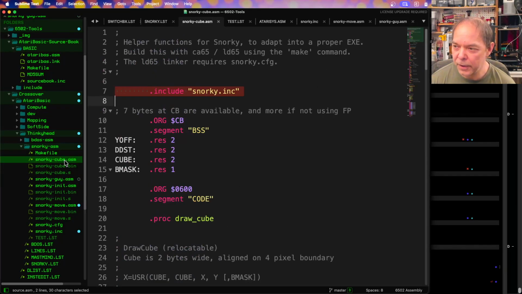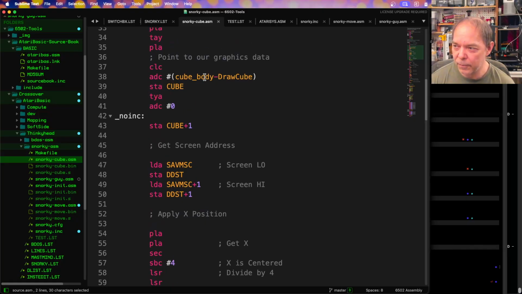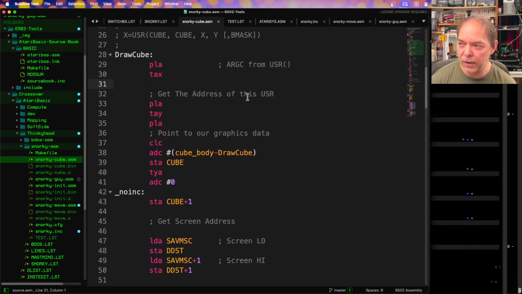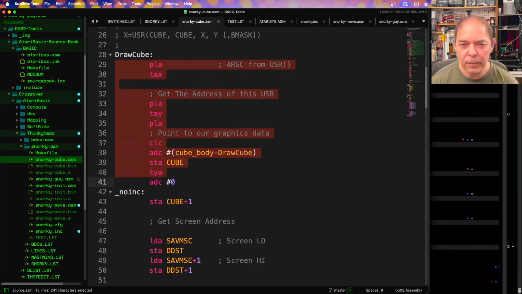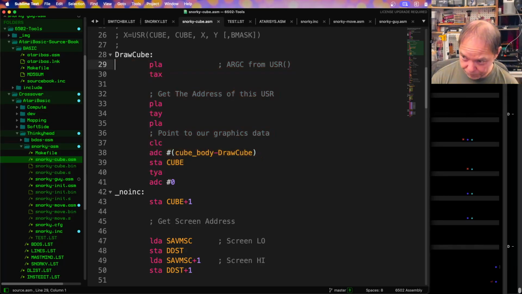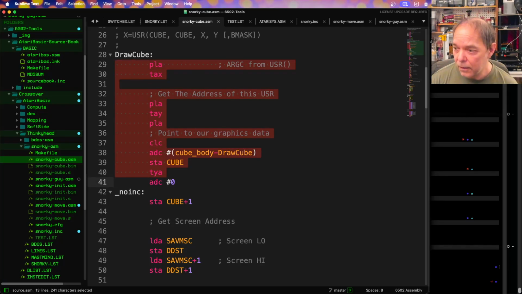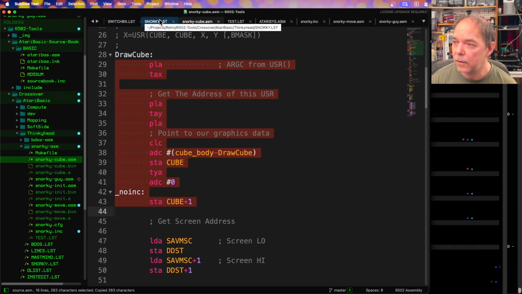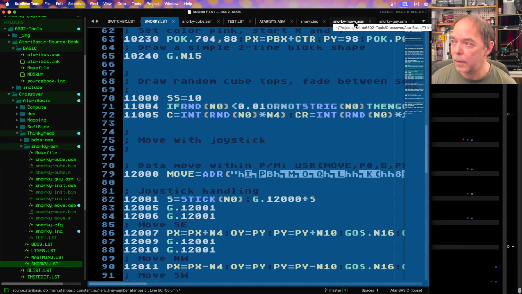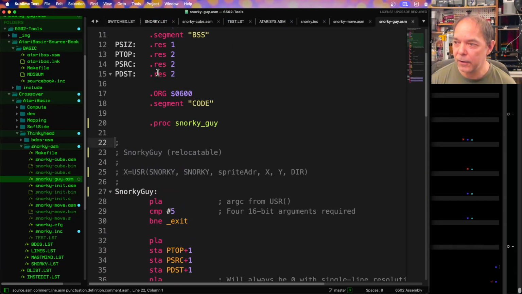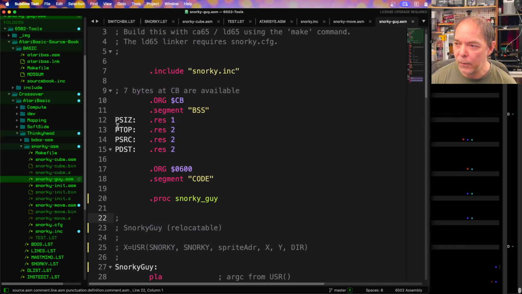With cube, we got the data address using an offset, so we're going to do the same thing here. We don't necessarily need to know the number of arguments in this case, so we might just skip that. So here we go. Snorky Guy. Okay, so first off, we're going to need a pointer to